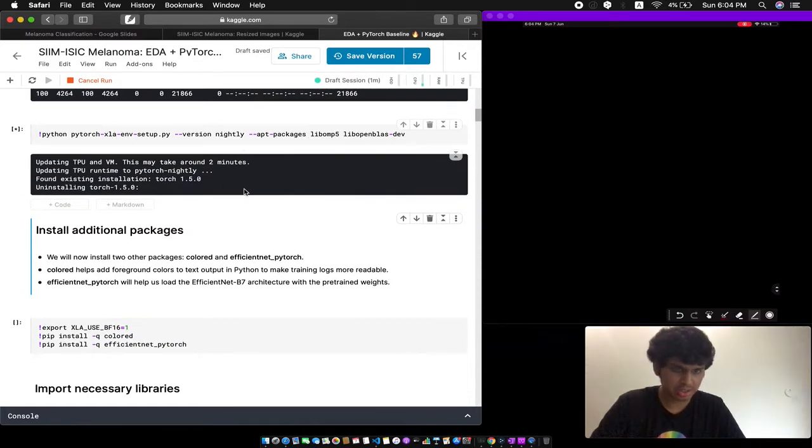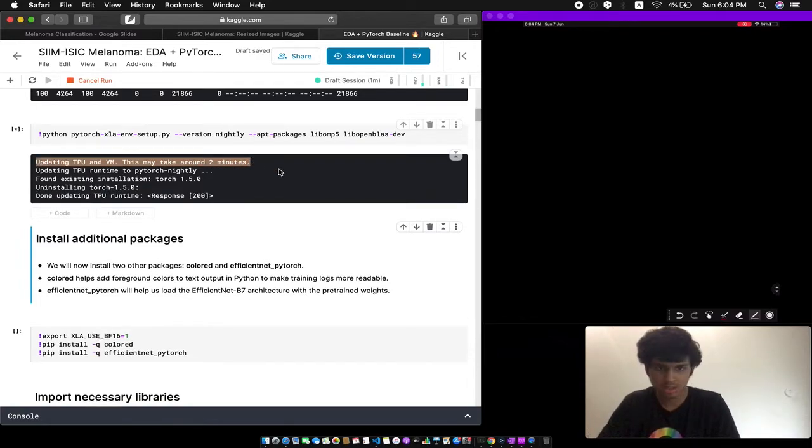Once this is finished running, we should have Torch XLA up and running and ready to train our models on TPU. As you see, it can take around 2 to 3 minutes. As it's mentioned here, this may take around 2 minutes.